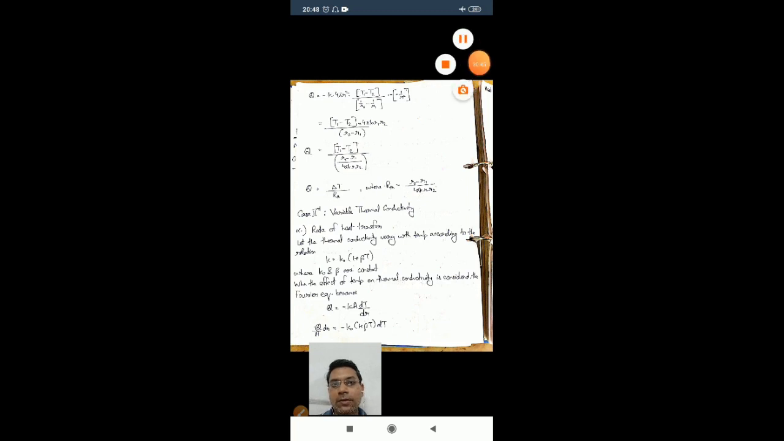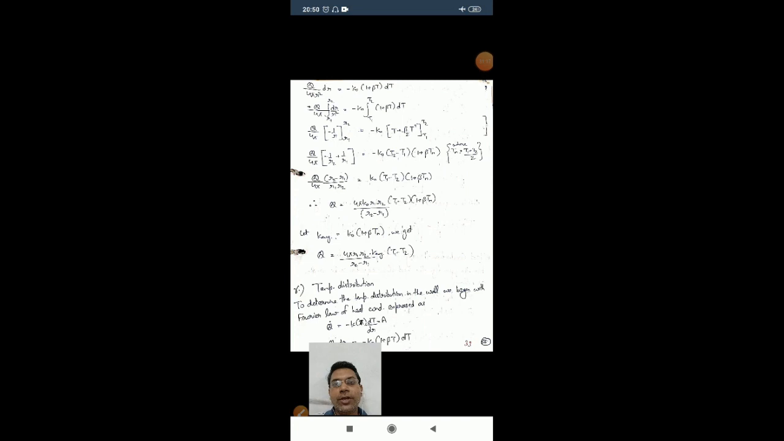So the rate of heat transfer when variable thermal conductivity is being considered. Again for the variable thermal conductivity I am considering that thermal conductivity varies as k equal to k naught into 1 plus beta t, where k naught and beta are constants. Putting this value in the Fourier equation, we get this. Now rearranging, we put the value of area, and we get q is equal to